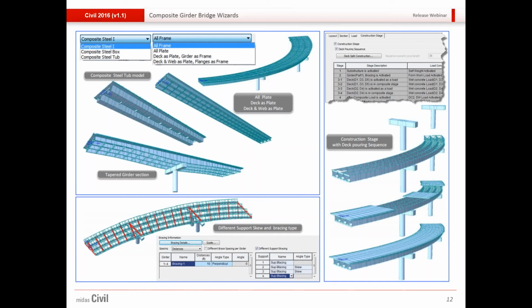As for construction sequencing, the negative moment is high in these kinds of constructions. So if you want to sequence the deck pouring such that the mid sections of the decks are cast initially and later on the support sections, to reduce the stresses in the support section slab, then you could sequence the construction stage in that way as well.